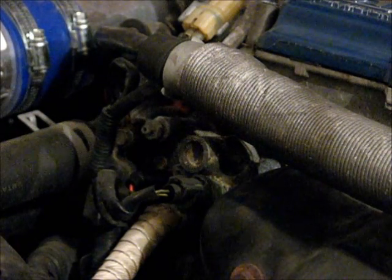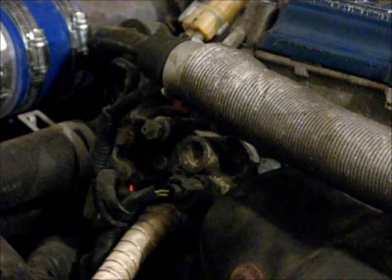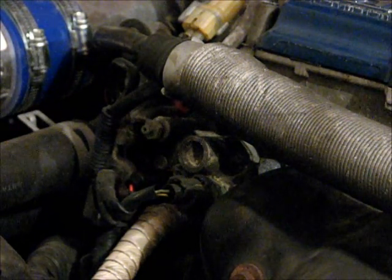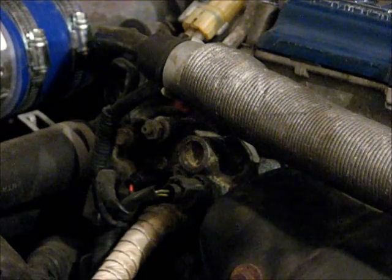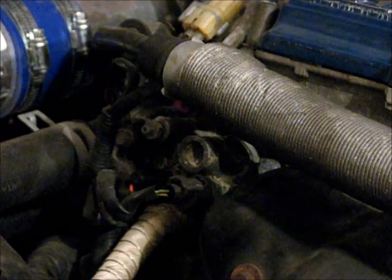Alright, to refill the radiator and the block with coolant, the procedure is pretty simple. The first thing that you need to do is go inside the car and set the heat control position all the way to hot. And then the next thing we're going to do is go down here on the thermostat housing and with a 12mm wrench open up the bleed bolt,